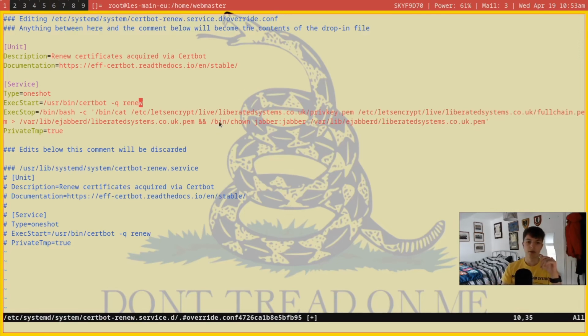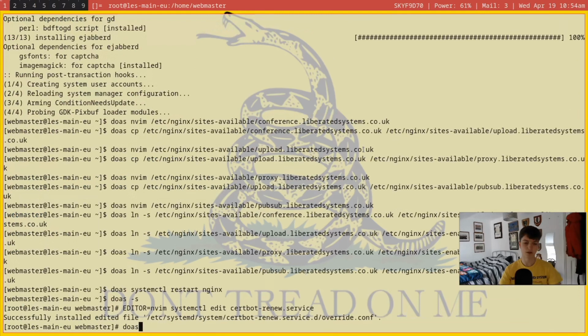What I'm doing here as well is, by default, I believe these TLS certificates are owned by root, so I'm just changing the ownership to jabber. XMPP used to be called Jabber, so that's the reason for this naming. The user that ejabberd runs as is jabber. And then I'm just changing the permissions so that it can read, write, and execute it. That's pretty much it. So I'm going to write that file, reload the